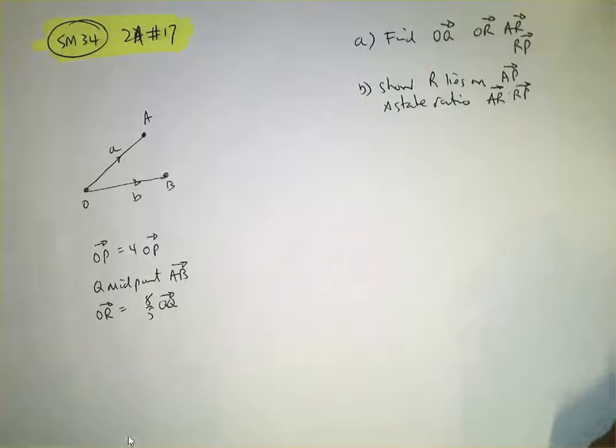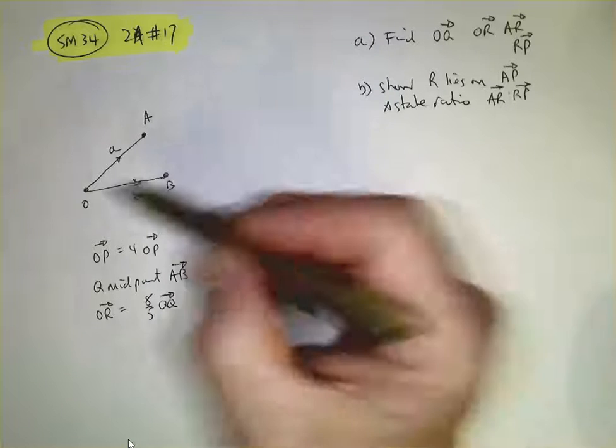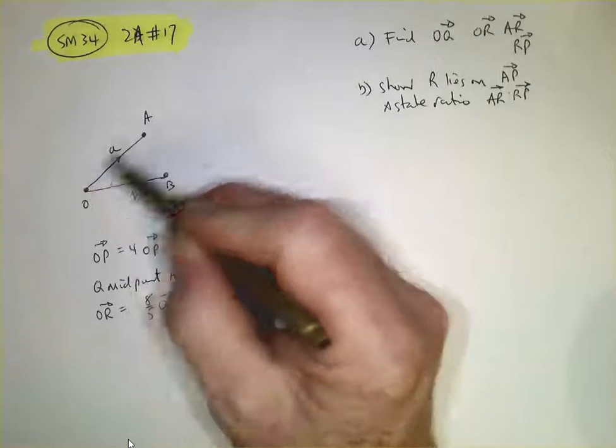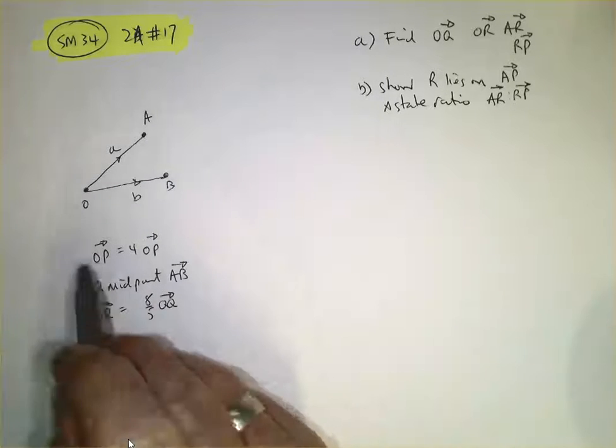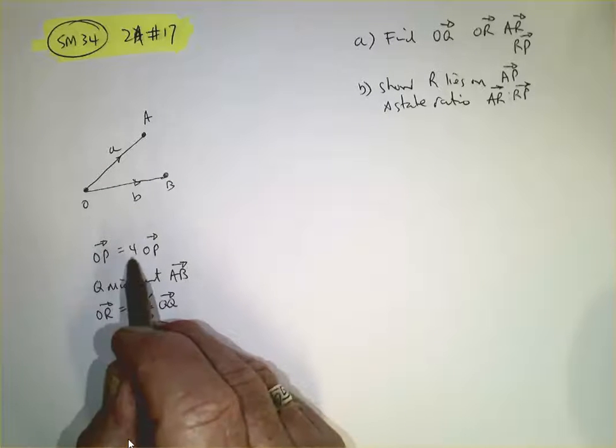This is for Year 12 Specialist. It comes out of 2A, question number 17. We have a position vector from O to A of A and O to B of B. And we know that OP is 4